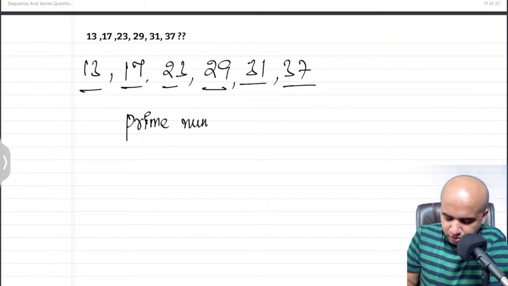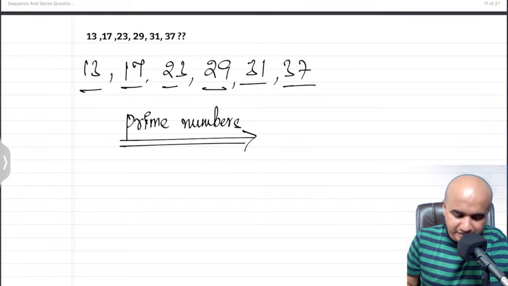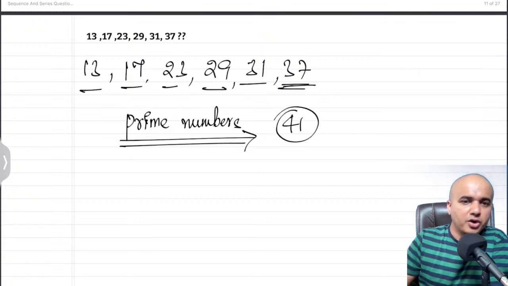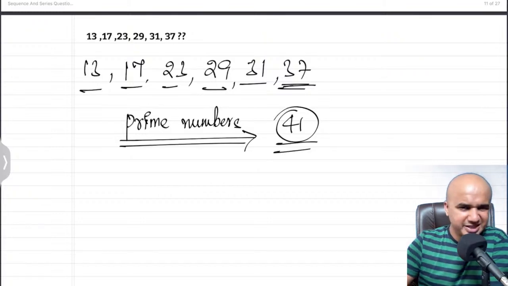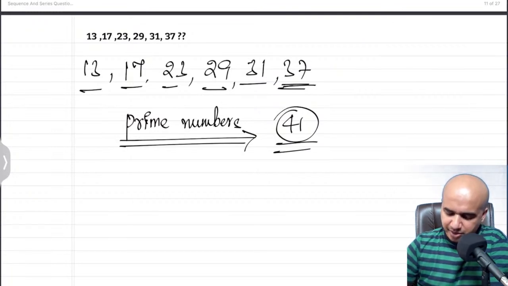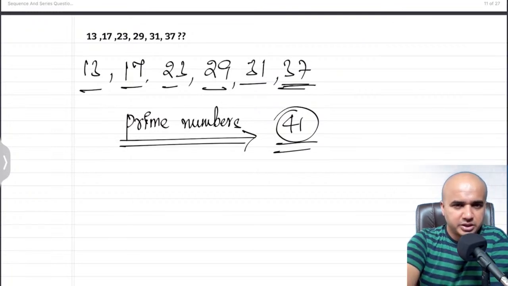Looking at the nature of these numbers, we can easily identify what type of numbers are these. So after 37, which might be the next prime number? 38, 39, 39 again is divisible by 3, 13 3s is 39, 40, 41. Yeah, 41. So 41 would be the next number in the series, because this is very simple. This is nothing but a series of prime numbers. We looked at the next prime number, that's all. Next, moving on,